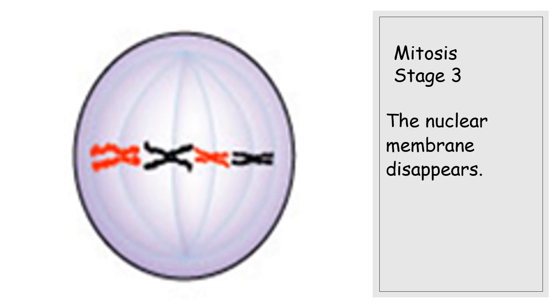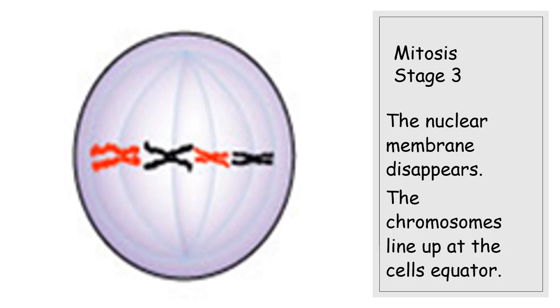In stage 3, the nuclear membrane disappears. The DNA is normally held within the nucleus, which has a membrane, but that disappears, and we can start to see the chromosomes lined up on the equator. And just like we have on the Earth, we have an imaginary line in the middle. We have a North Pole at the top, we have a South Pole at the bottom, and an equator,